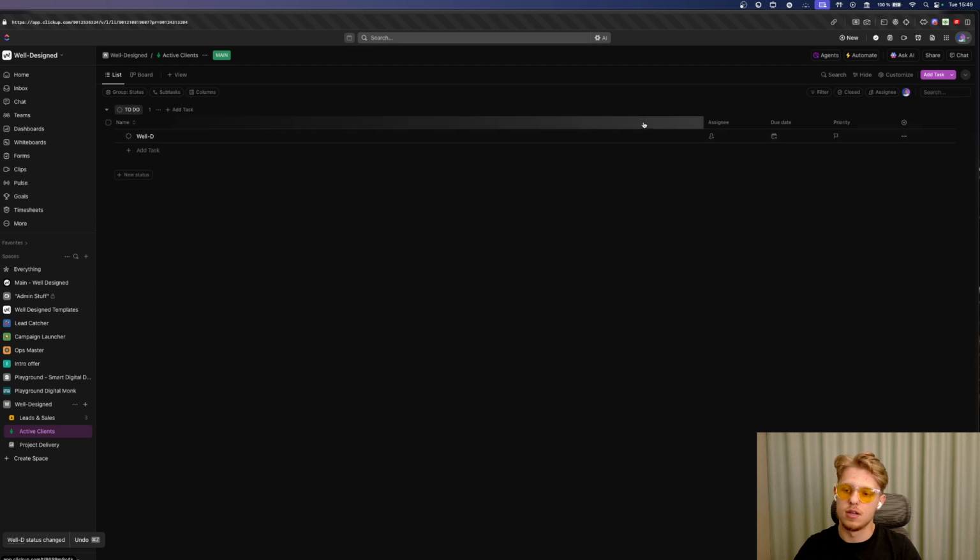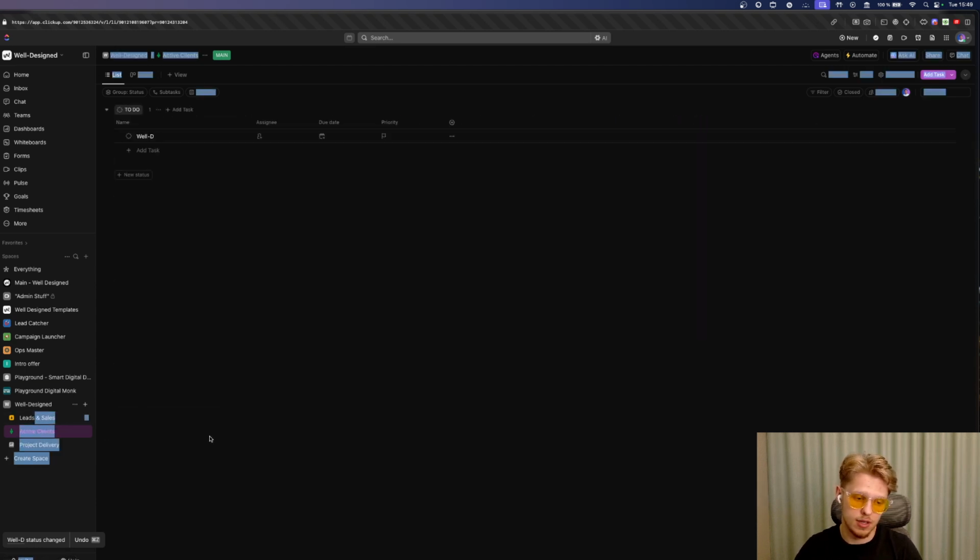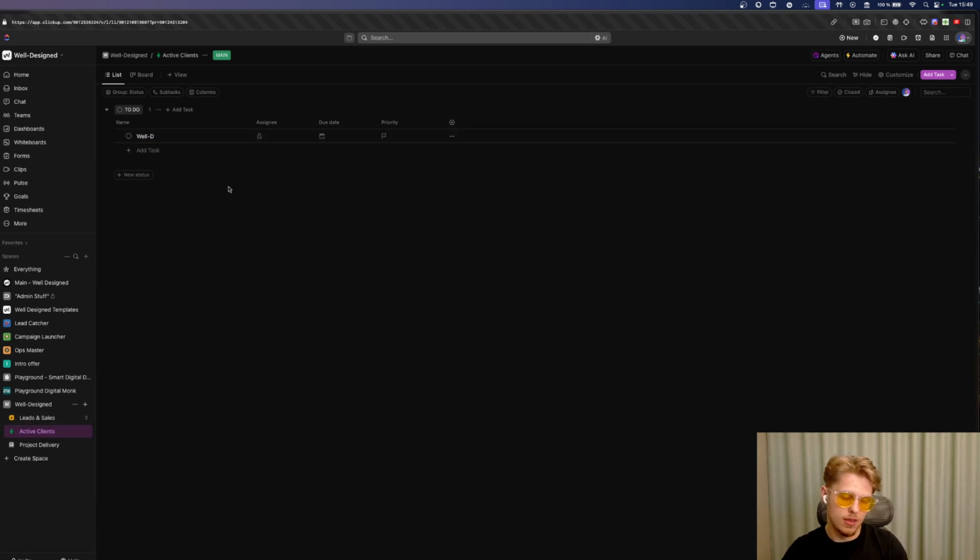Hopefully like this, it auto moves all the clients, you don't have to manually do it. Or you can just drag them, to be honest, like this. Or just drag them like this and put them if you want. But you don't have to do it, and you can just press on the 1 tab as well. So active clients, in this one I want to have templates. So we're going to use just X or